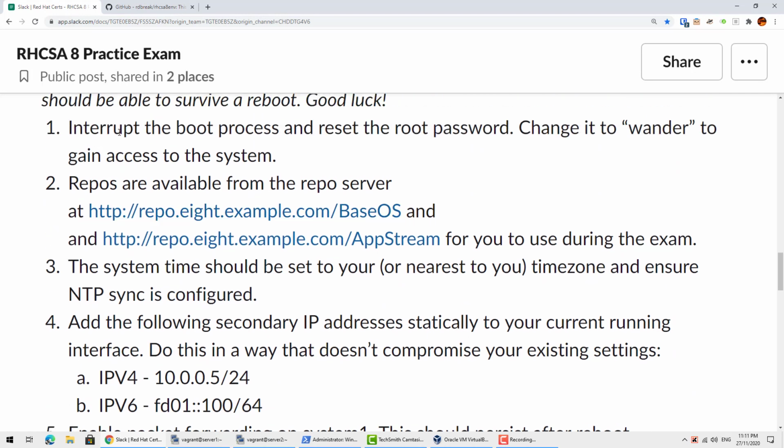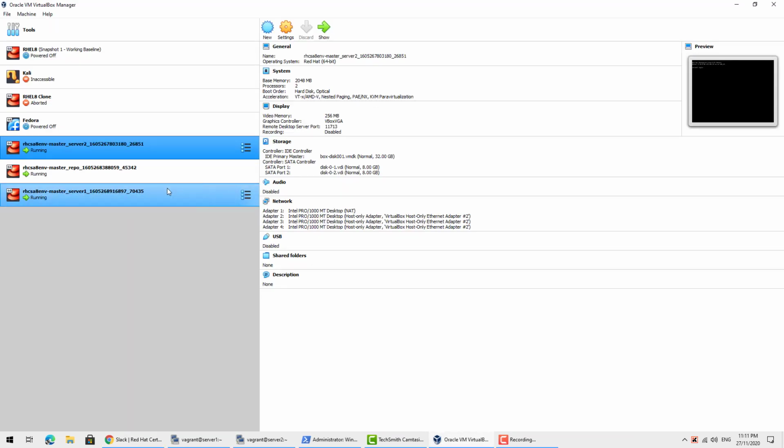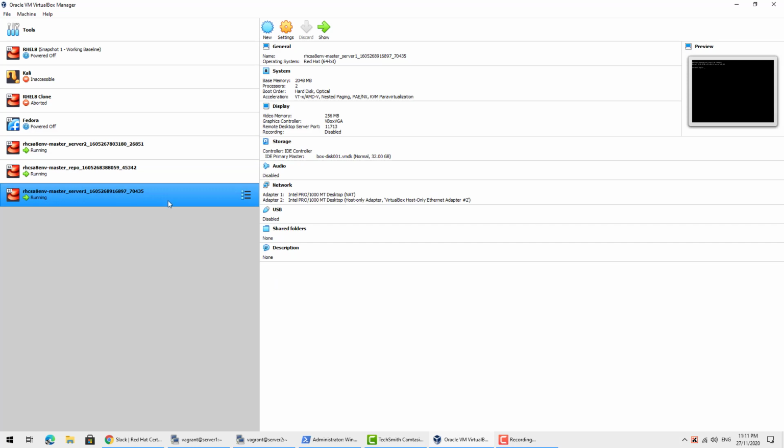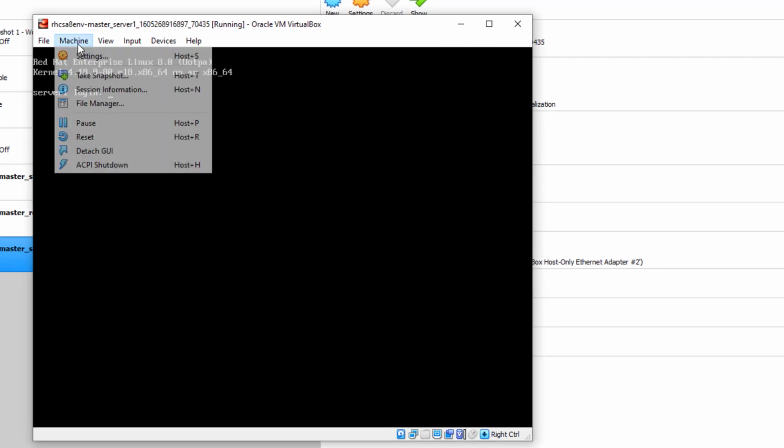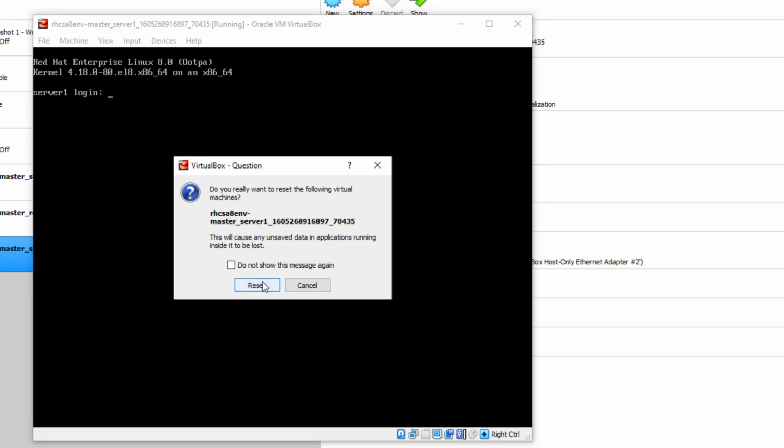So the first one is to interrupt the boot process and reset the root password. Change it to wander to gain access to the system. Okay, so the first thing we would like to do is actually reboot the system with a console window. It doesn't really matter which server for this one, but let's pick server 1 in this case. We can do a show to bring up the console, and then we just start a restart of the system,